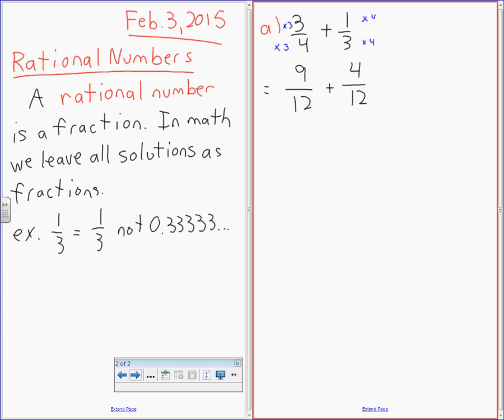13 over 12, very good. And the whole reason we're using common denominators is because once they're the same, you don't need to do anything with it. Some people like to call that 1 and 1/12. I don't. Mixed numbers I don't like. I like improper fractions. They shouldn't be called that. But I prefer